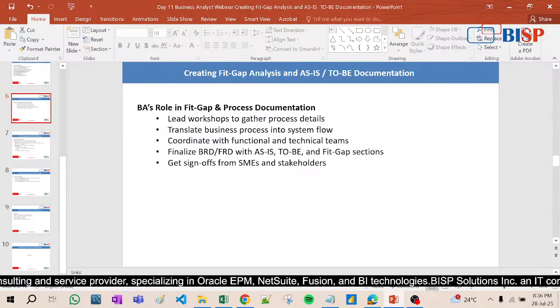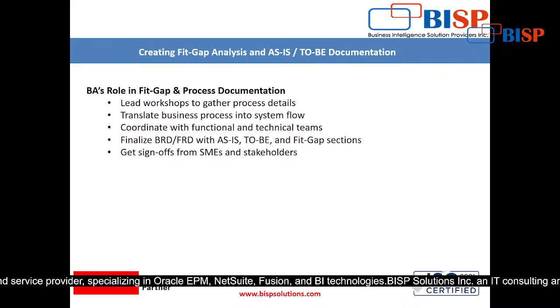Now, the BA role in fit gap analysis and process documentation. What is the role of the BA? When we talk about that, it's a little bit technical and a little bit functional also. Now see, lead workshops to gather process details. First of all, this is a task of the business analyst. Now, lead workshops to gather process details, translate business process into system flow, whatever they are working